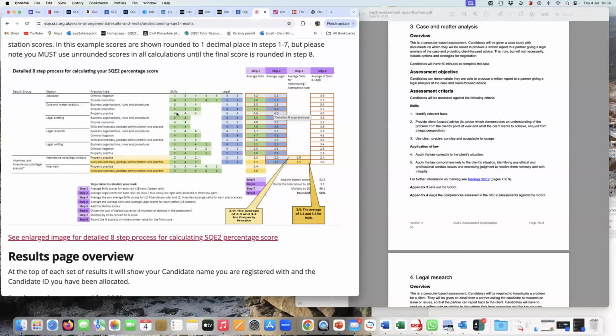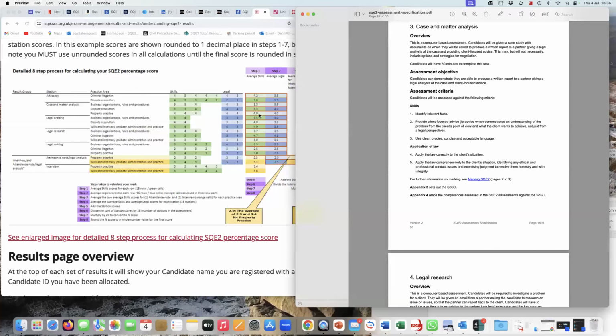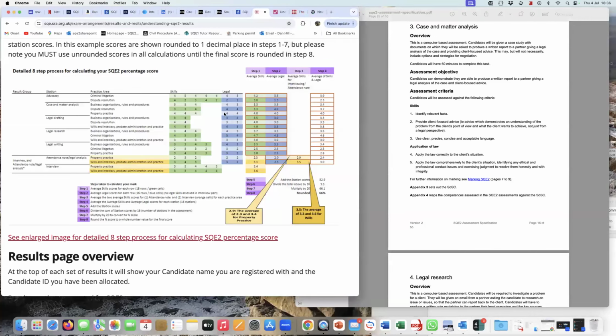So obviously it's an easy average because they got 4, 4, and 4. So the average is obviously 4. The legal content criteria, so these 2, 4 and 5, are also averaged. Again, it's an easy average because they got 4 and 4, so it's 4. And these 2 numbers are averaged again. So your total mark for the question is the average of your skills mark and your law mark, which again,